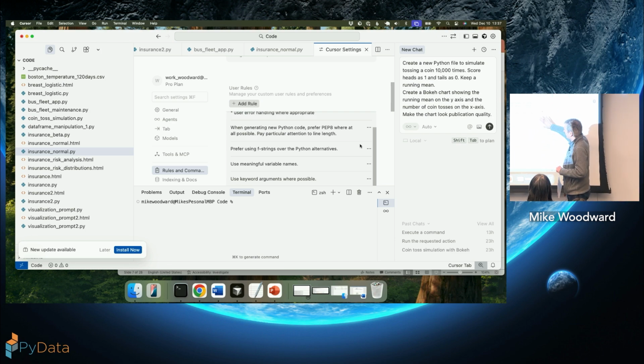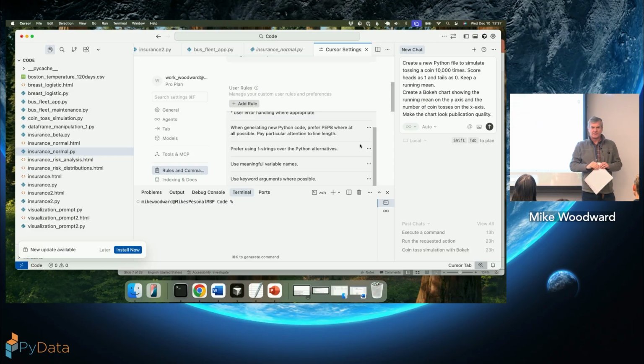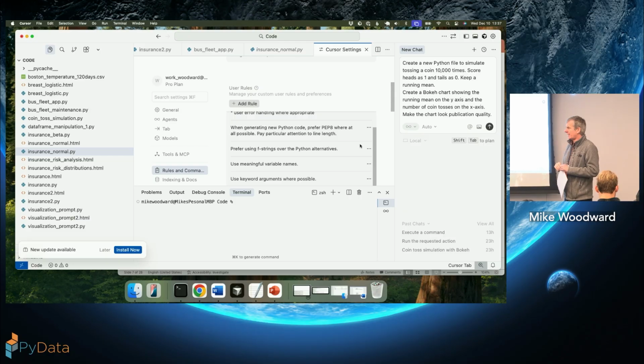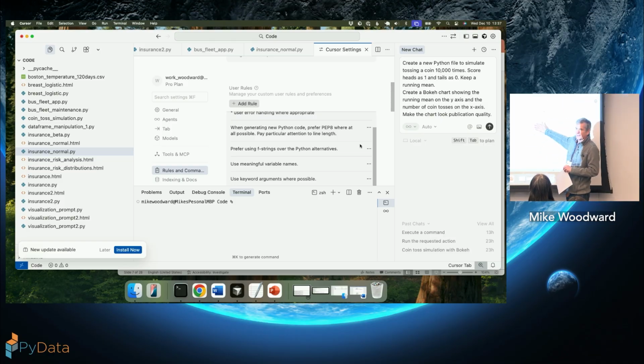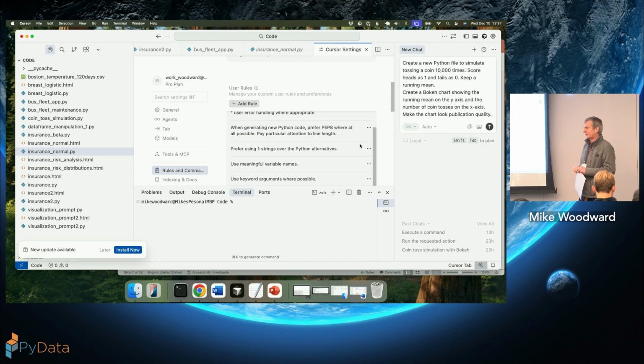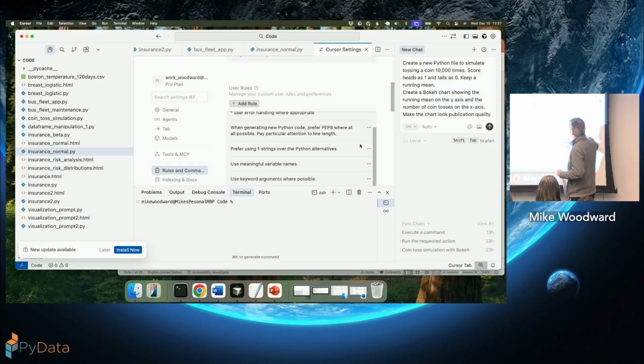So this is the rules. You'll hear a lot about Cursor rules. They have a little bit of a Harry Potter flavor. If anybody's read the Harry Potter books, you know when they say the spells, you have to say them in a certain way, and pronounce them just right. Rules have a little of the same flavor, and the same thing goes for prompts. As soon as I saw what prompts were, I thought, this is just like a Harry Potter spell. You've got to cast the spell in an exactly precise way.